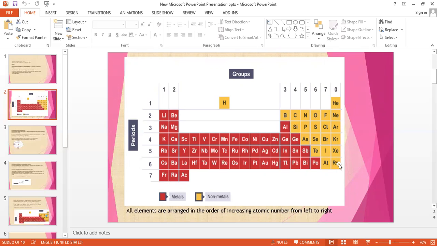The number of electrons in the outer shell of an atom in the last group, group 8 or group 0, is 8. In group 7, fluorine, chlorine, bromine, iodine, and astatine, the number of outermost shell electrons is 7. All the yellow-colored elements of the periodic table are known as the non-metals.